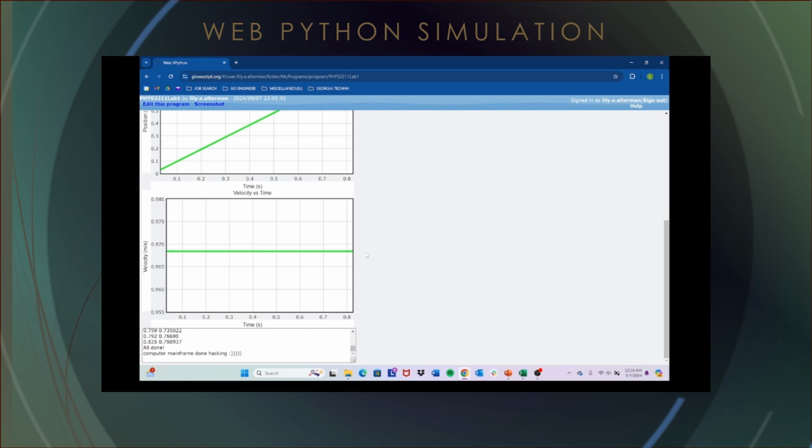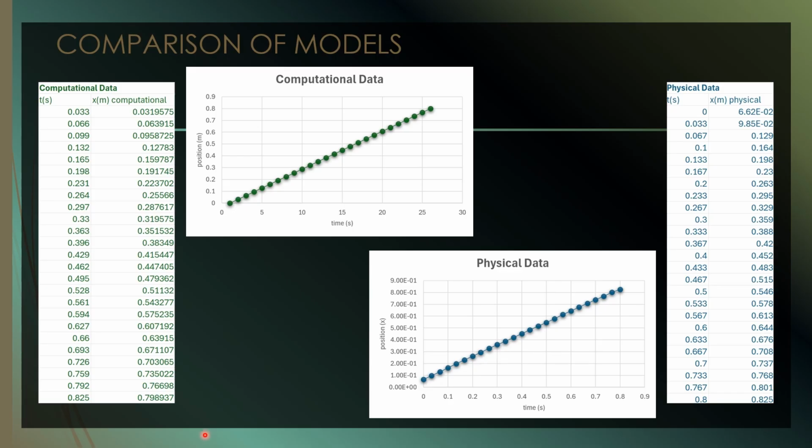Now for the comparison of my models, as you can see, this is the computational data, so I got that from our WebPython, and the physical data, which I got from the Tracker system. On the graph, they both have a similar rate of change, an almost identical rate of change. The only difference right here you can see is the starting values. The Tracker data was able to get a more accurate starting value since it was derived exactly from the video. Meanwhile, I did have to use the first 2 points of this physical data to eventually make my starting velocity for the computational model. So because of that, my starting point is slightly off,